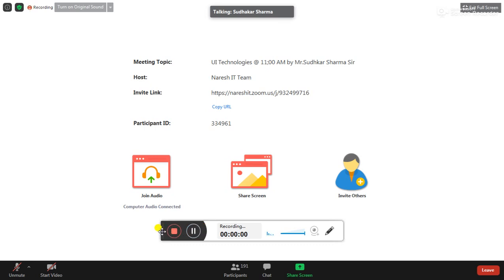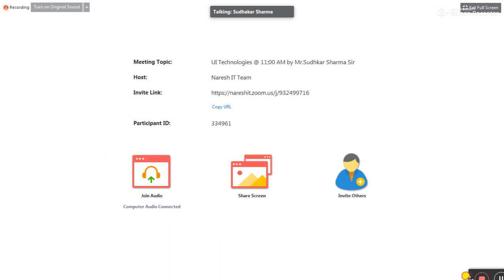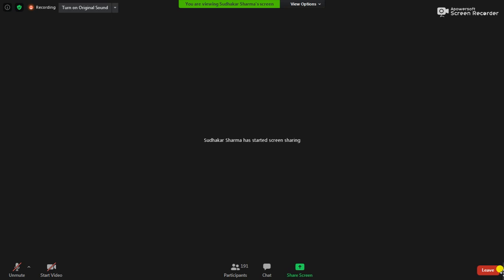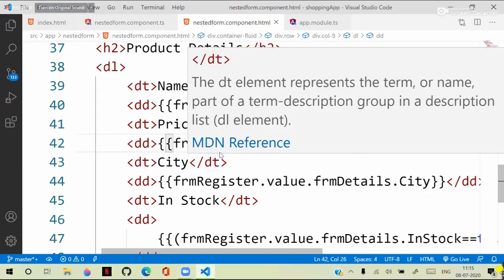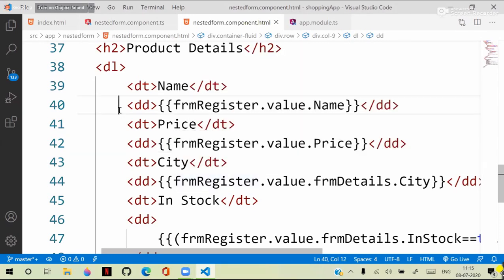To use AJAX requests, how do we use AJAX options? One simple example I showed you, how to deal with the getJSON. So with jQuery, actually, in real-time projects, we use AJAX with server-side interactions, interacting with the data, handling communication with the server. So one example I will show you. We are not learning any server-side technology, but